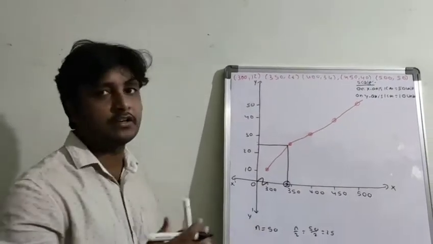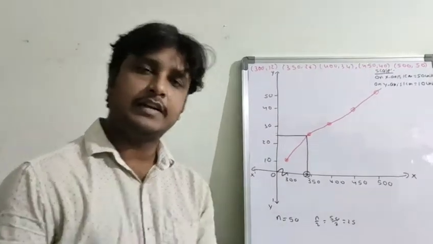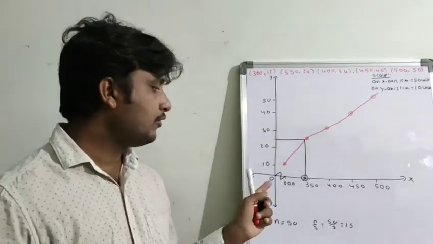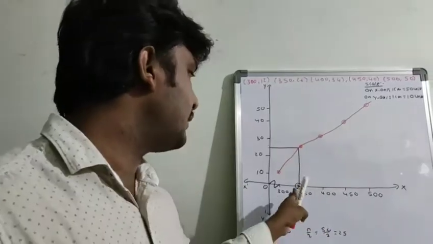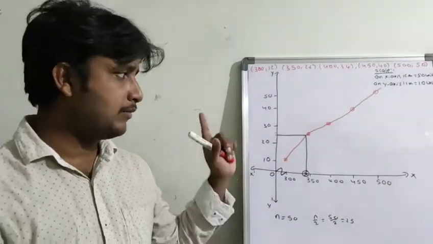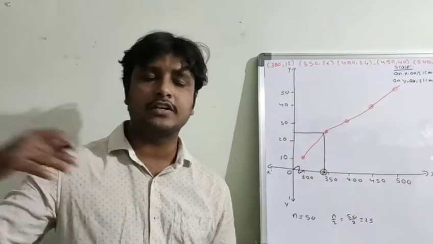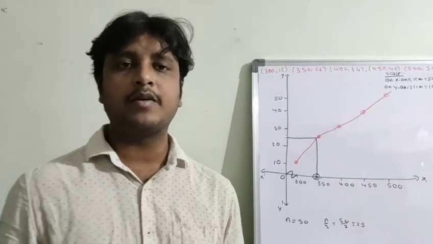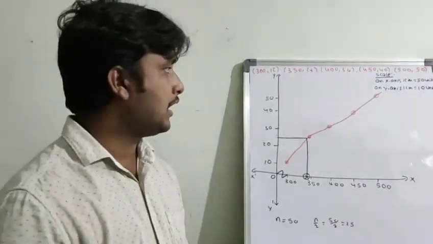Actually this is not exact graph paper, so I cannot get the exact value, but on graph paper you will get the exact value. And if you identify the median by using the formula, both medians will come the same. So you have to try. I am giving this as homework. First you have to draw this, and next you have to check with the formula. I am giving checking with the formula as homework for every question I explain.